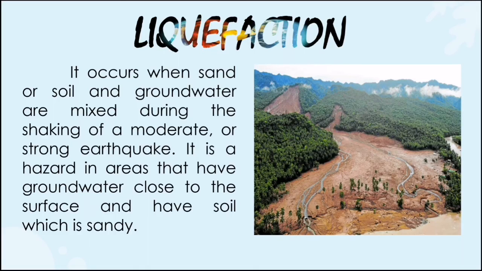So floodplains, if you recall doon sa Earth and Life Science natin. Floodplains is typically a place where flood happens. Sandbars, abandoned river channels, coastal areas, swamps, river deltas, and reclaimed lands are highly susceptible to liquefaction because there is a nearby water reservoir. So areas in the Philippines that are prone to liquefaction include Marikina, Pasig, Taguig, Caloocan, Malabon,